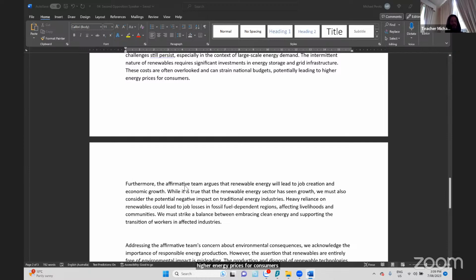Furthermore, the affirmative team argues that renewable energy will lead to job creation and economic growth. While it is true that the renewable energy sector has seen growth, we must also consider the potential